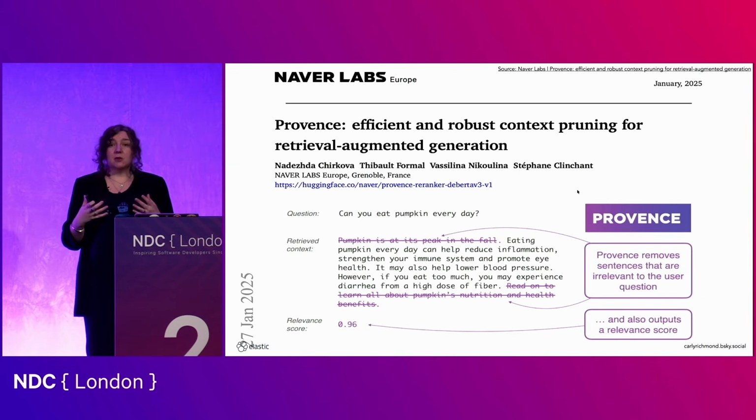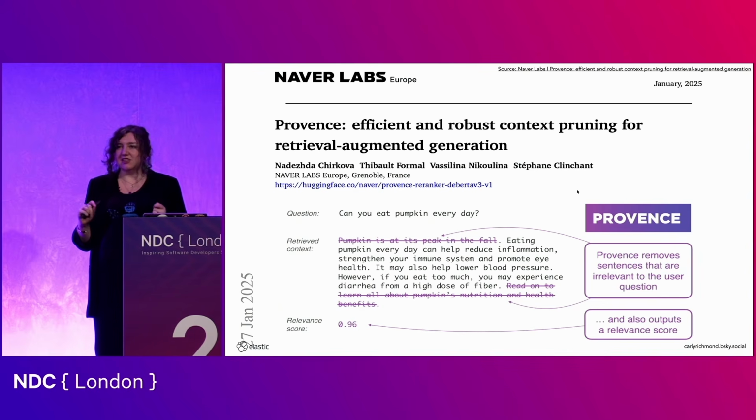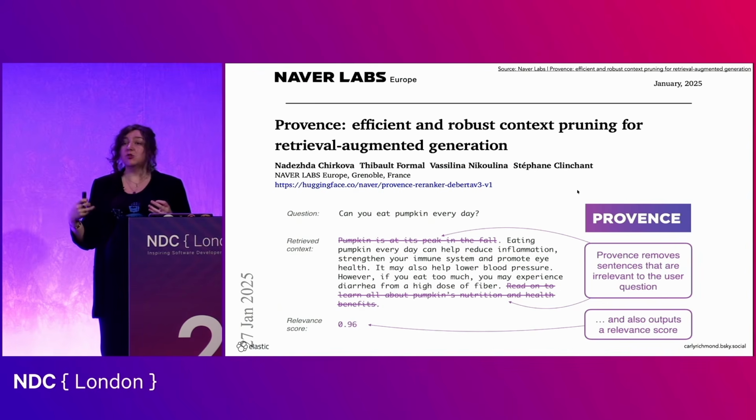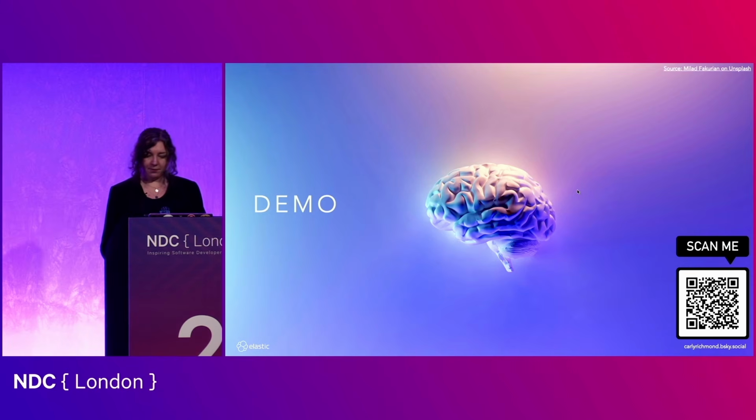So the first is we can use summarization of the messages in order to make them shorter. There are several re-ranker models available that can do this, and one example is the Provence model that you've got here that you can see the paper. And what you see from this example is it's actually looking at the question and figuring out which particular sentences are not relevant. You can also use LLMs for summarization. That's another valid approach, but you've got both of those as an option there. And then we've also got the notion of pruning based on particular data aspects as well.